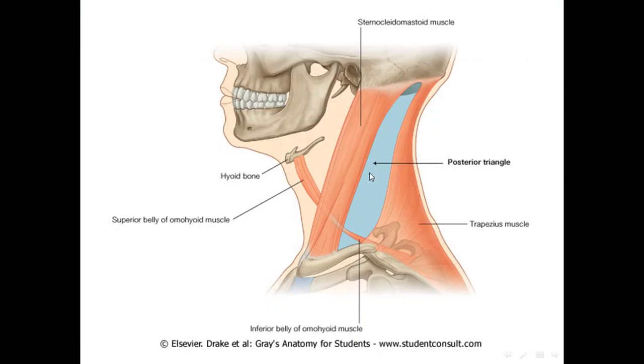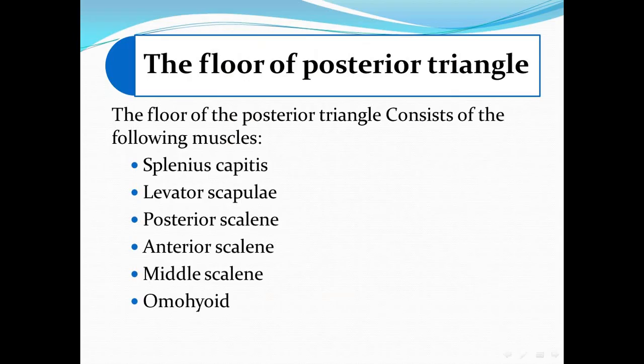So we see this illustration. This is the posterior triangle of the neck. It's on the lateral side of the neck. So it's bordered anteriorly by the posterior border of the sternocleidomastoid muscle, and posteriorly by the anterior border of the trapezius. The base is the middle one-third of the clavicle, and the apex here is the occiput just posterior to the mastoid process of the temporal bone. The floor of the posterior triangle includes all of these muscles: